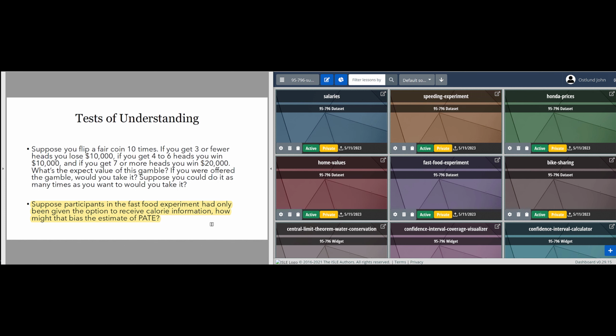One other question here, though. Suppose in the fast food experiment, everybody had been given an option as to whether they wanted to receive calorie information, as opposed to, at random, some people being given the information and other people not being given the information. Would this have any impact on the population average treatment effect? Well, yes. Now you have what's called self-selection going on in the test population, and it's likely,